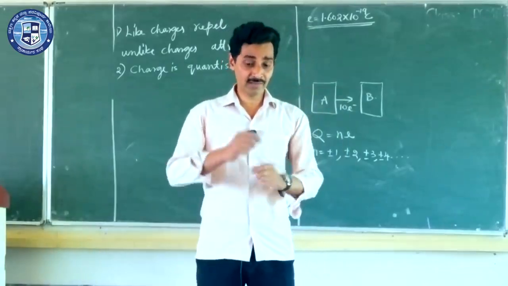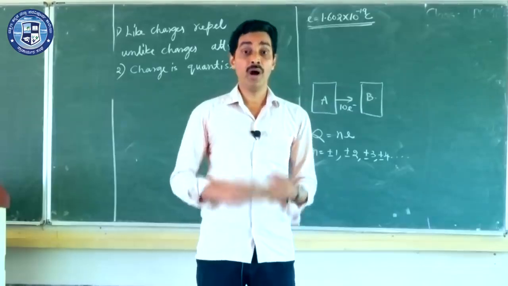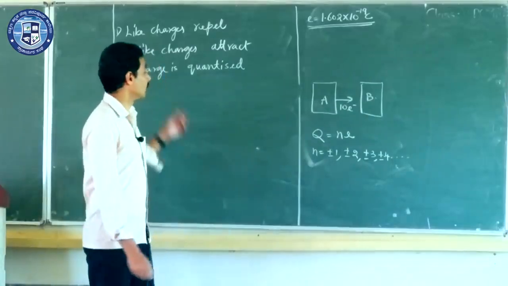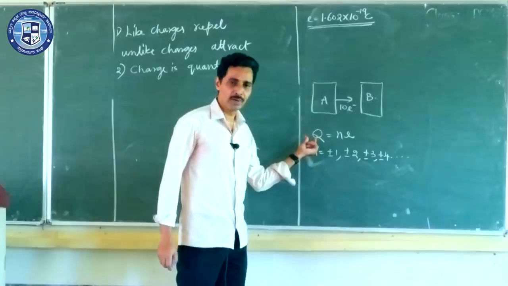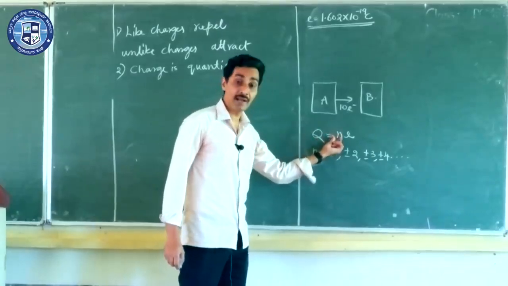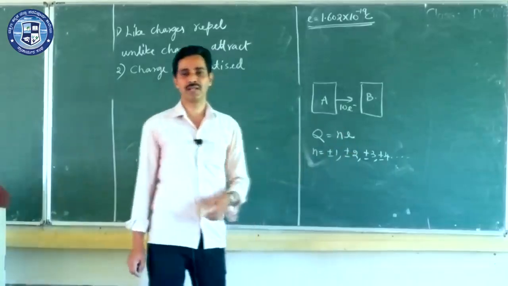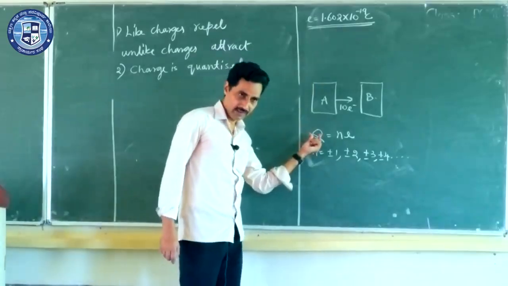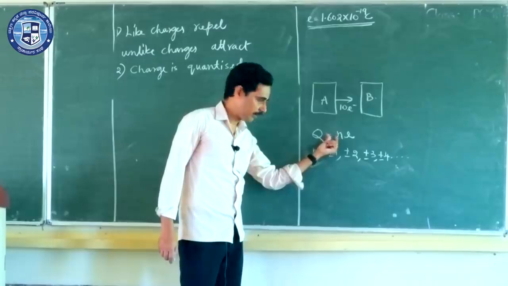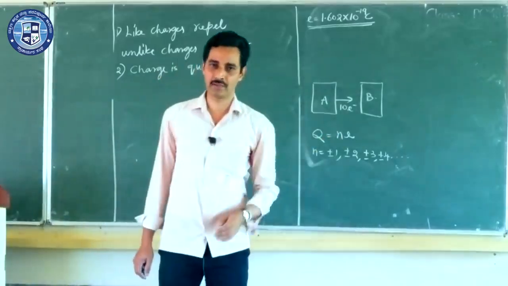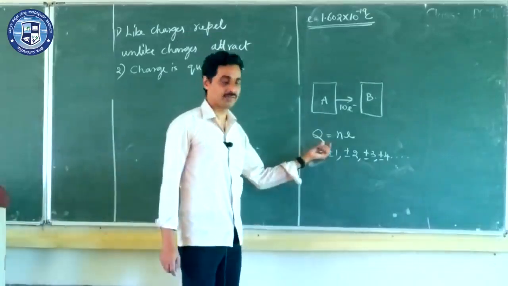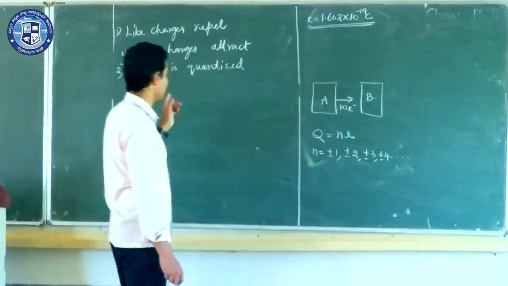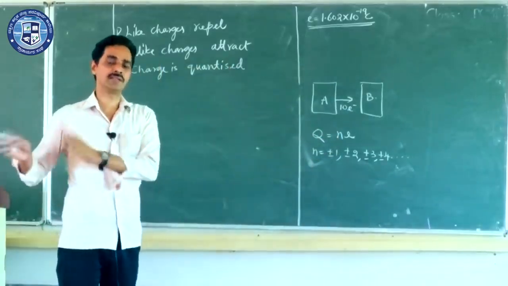Enough. Suppose you are asked, what do you mean by quantization of charges? That's a different one. You have to explain what is quantization. Quantization of charge means it is like this. Charge on a body must always be equal to an integral multiple of the magnitude of charge of an electron, or elementary charge. Elementary charge is this one. So charge on any body is equal to an integral multiple of the basic charge, that is the magnitude of charge of an electron. That is called quantization of charge. It cannot be other than an integer. It cannot be a fraction.